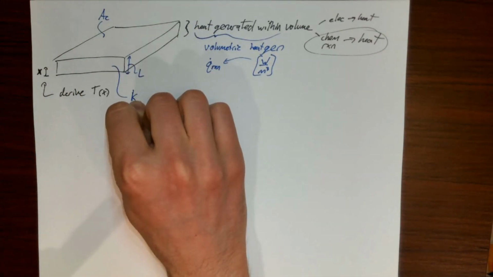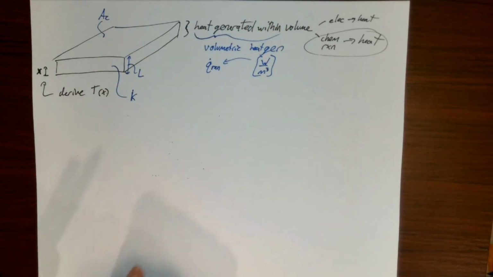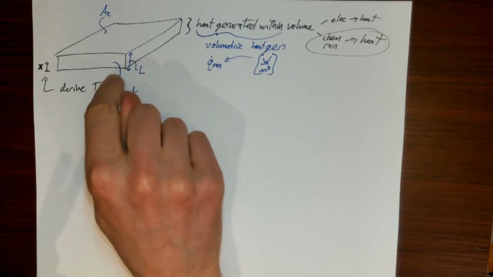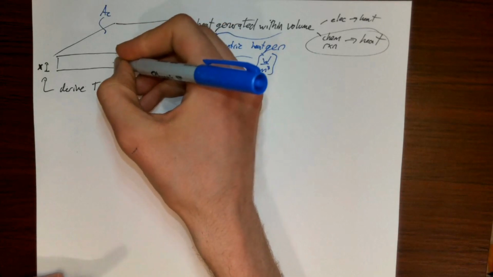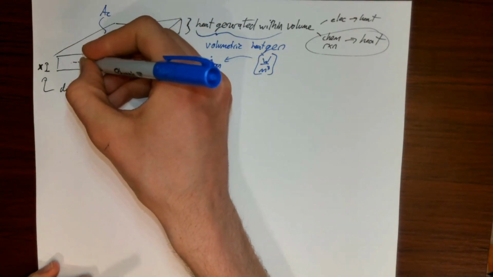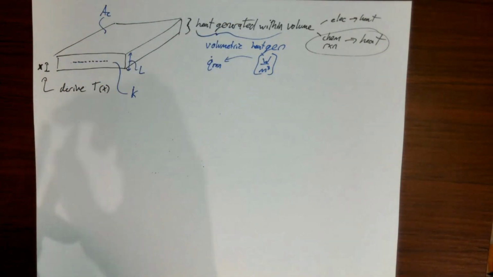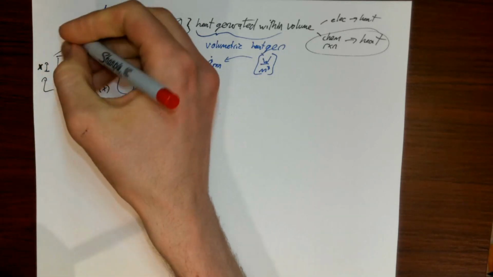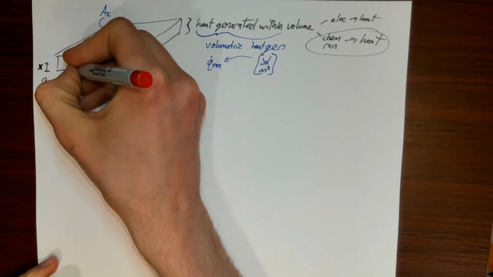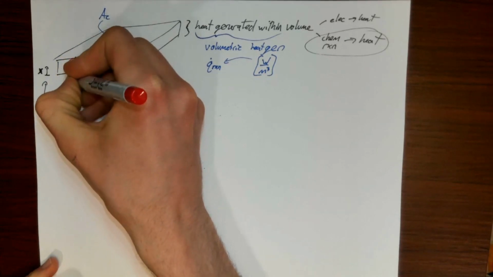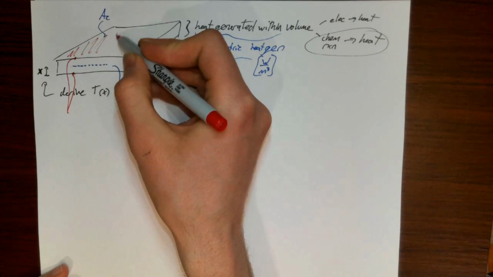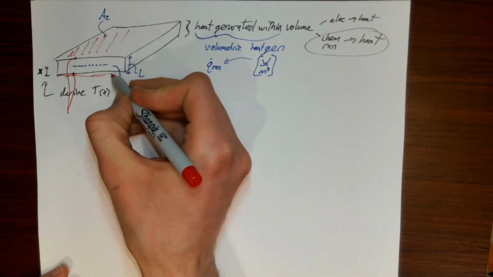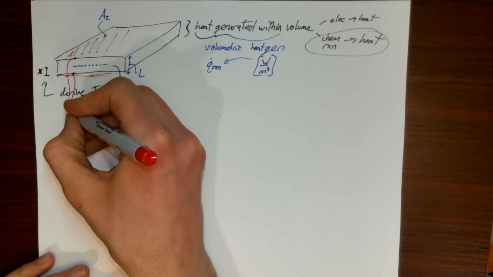It has a thermal conductivity K, a thickness L, a cross-sectional area, and we want to derive what the temperature is as a function of x. And why might we care about this temperature as a function of x? Well, I might have control over essentially what temperature I keep the very top surface and the very bottom surface at. So I want to know